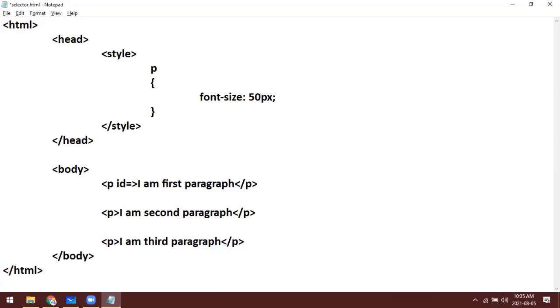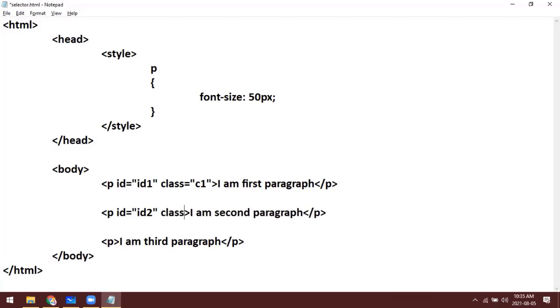Using ID and class. So for ID1 I am giving class C1. For paragraph 2, ID2. You can't have ID1 here because we have already given it to the first paragraph, but in the case of class, we can have it.